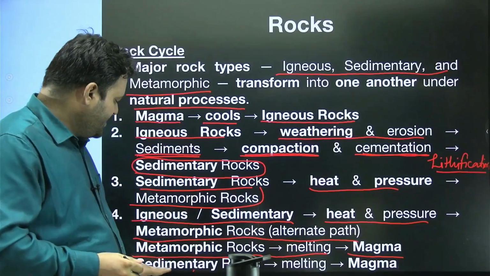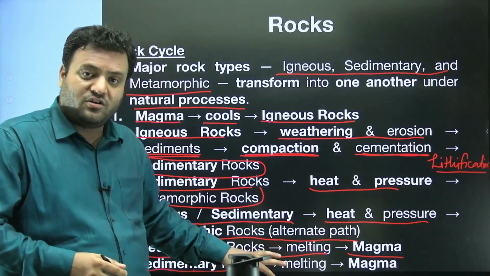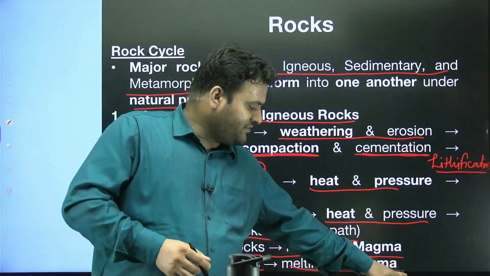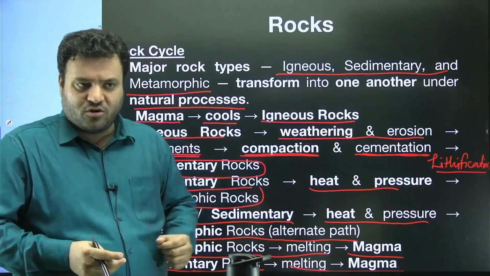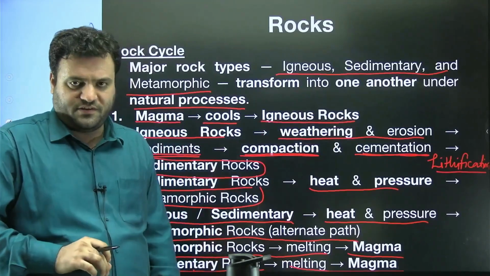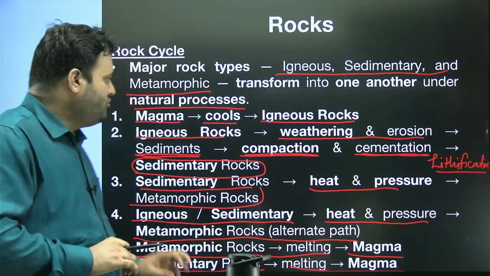And when sedimentary rocks melt, ultimately that will lead to magma, and after the magma we have igneous rock, which could appear on the earth's surface. So here you can see